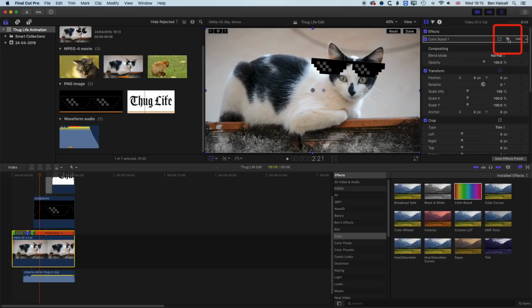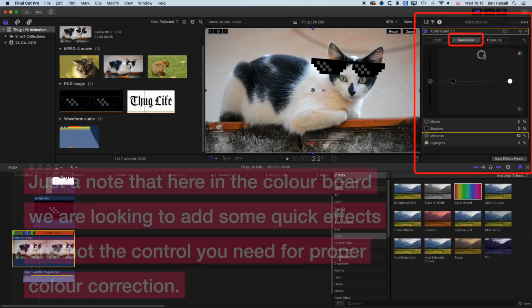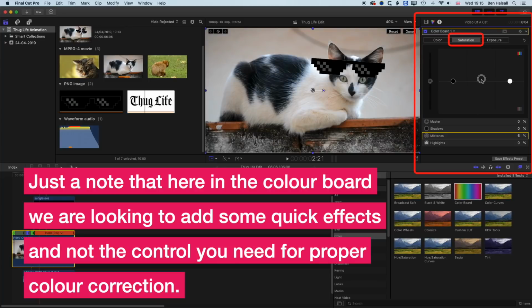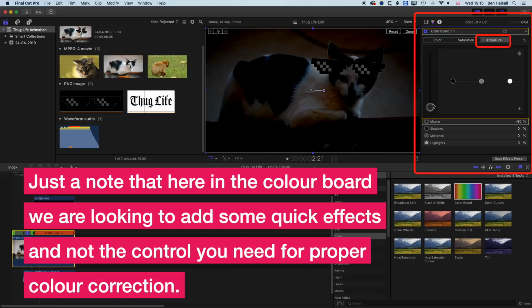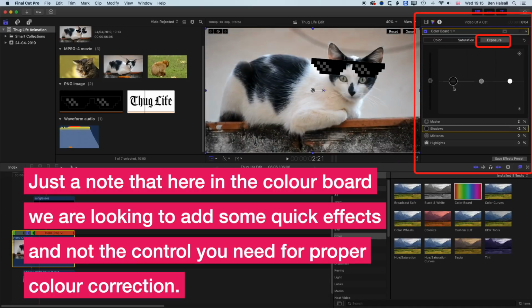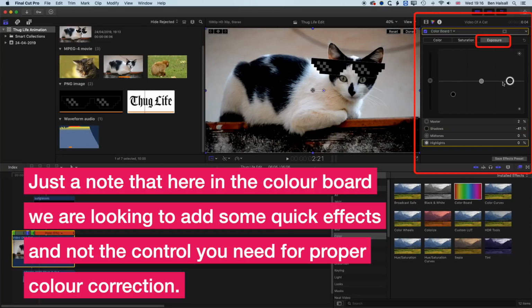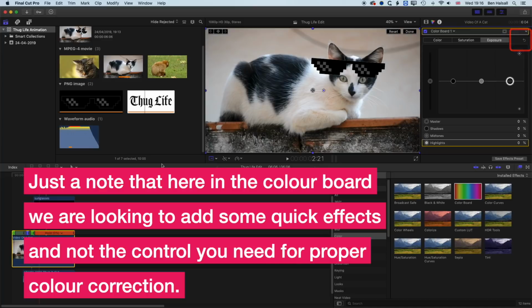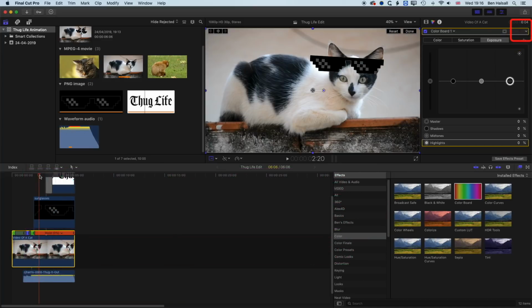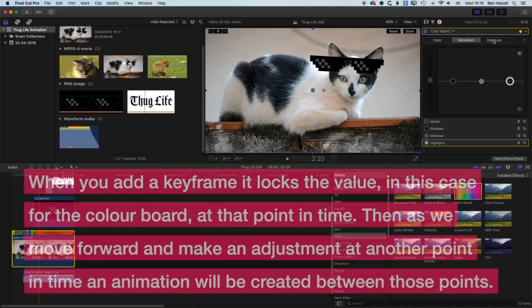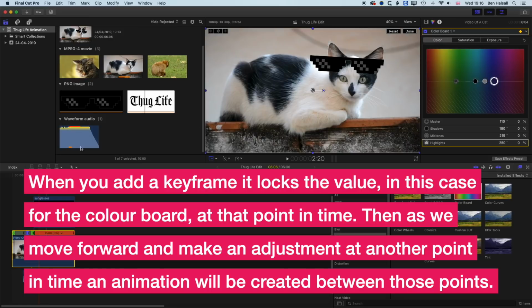So once we've added a color board, we can jump in and modify it, and this allows us to bump the saturation, desaturate it in different parts of the image, and kind of have some fun with it. If we go to the exposure, we can increase it and decrease it. We can blow it out basically, and we can also do some fun things with the effects here, pulling and pushing these around. So let's reset those. What we want to do here is actually add a keyframe here for our color board. Okay, so that means we're keyframing all of these, and if we go forward a couple of frames here,